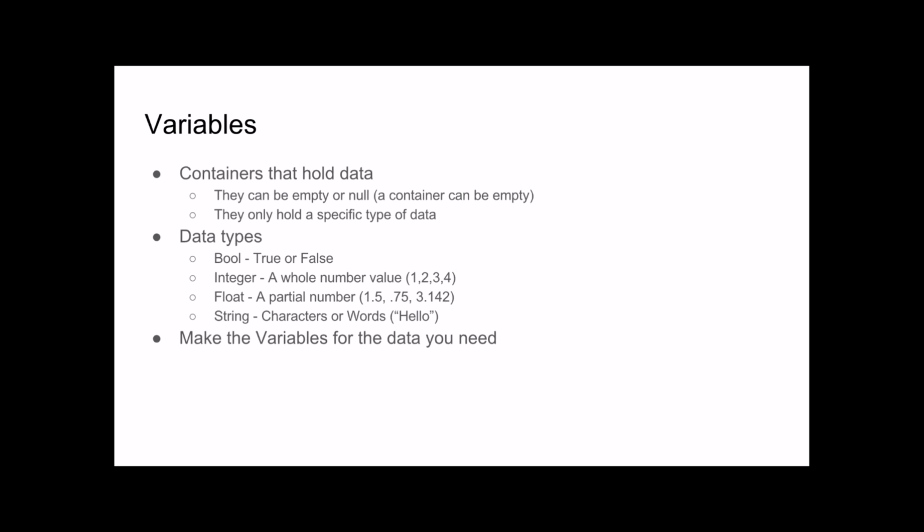The next big concept I want you to learn is variables. Variables can be a little confusing, but they're pretty straightforward in that they're just containers that hold data. They're a container that holds data, and that data is a specific type. There are different types of data that we can hold, and types of variables we can create. Some of those data types would be a bool. A bool is a true or false value. If you want somebody to say, if this is true or if this is false, you would hold that in a bool type variable.